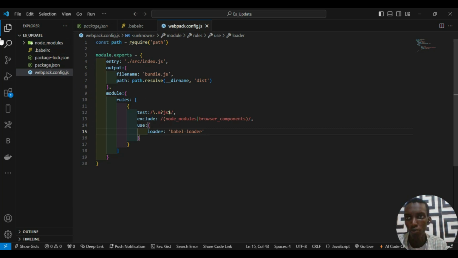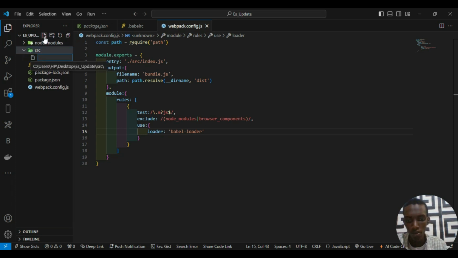So let's create a folder according to what we said here: our entry point is an src folder, and inside we have an index.js. So I'll say src, then inside it I could create a file and call it